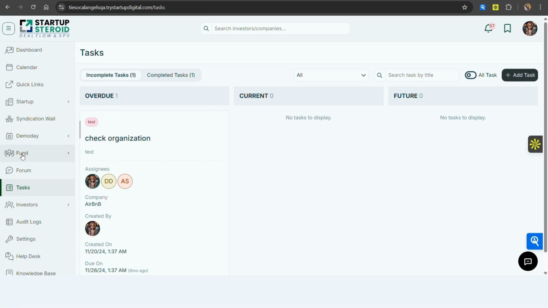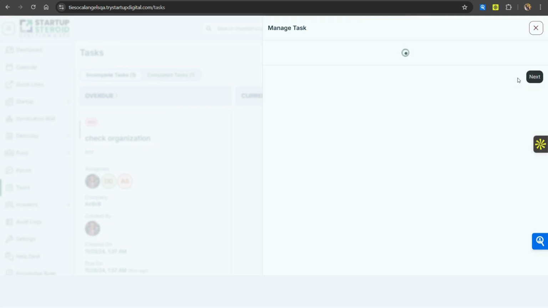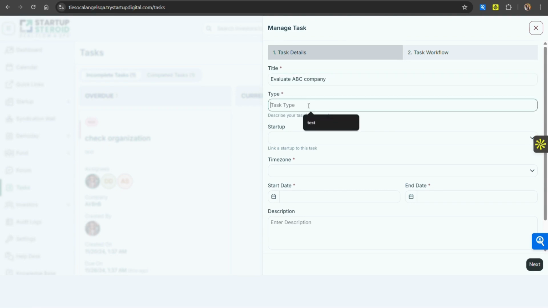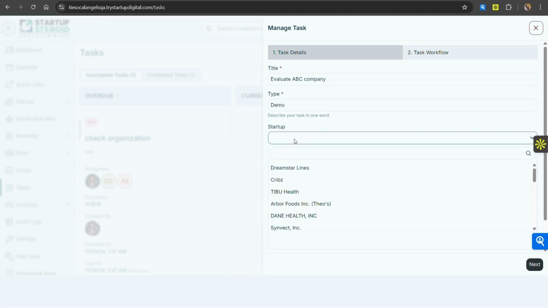These tasks can be created in multiple folds. For example, I am going to create a fresh task for you. I am going to say evaluate ABC company. Type of task will be demo. I can link this task to a particular startup.